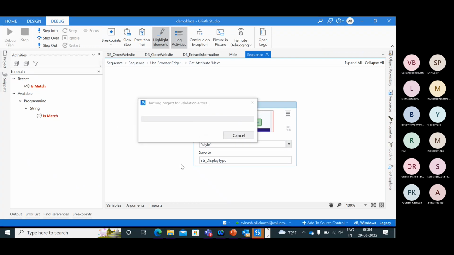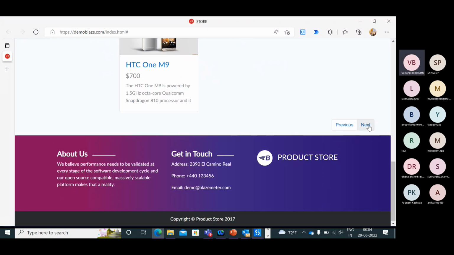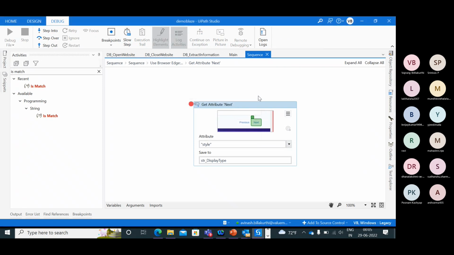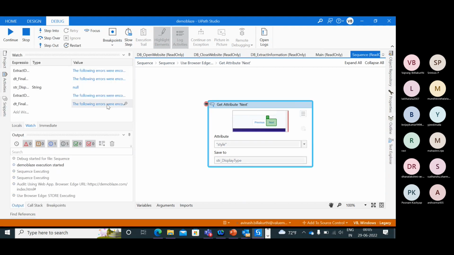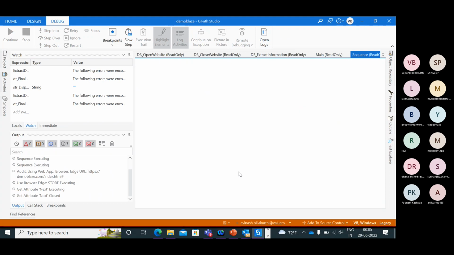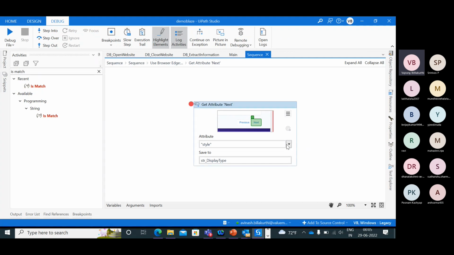Debug again. So we should get some properties out of it. Step into. Empty. What are the other values we have?